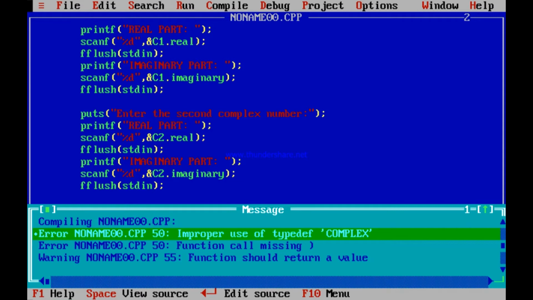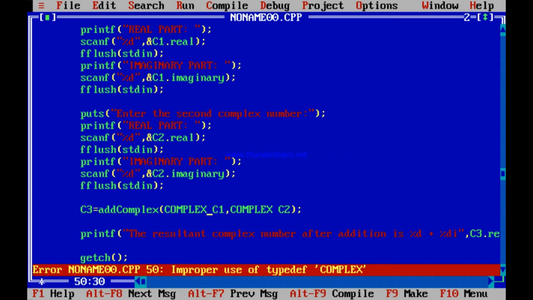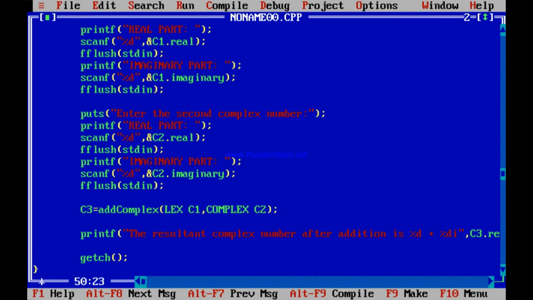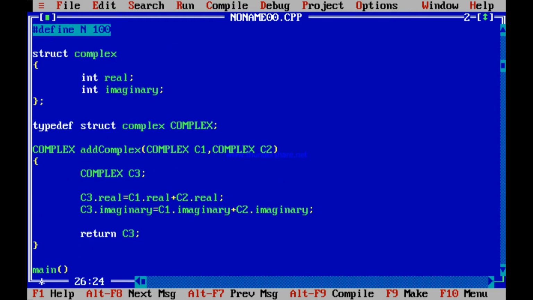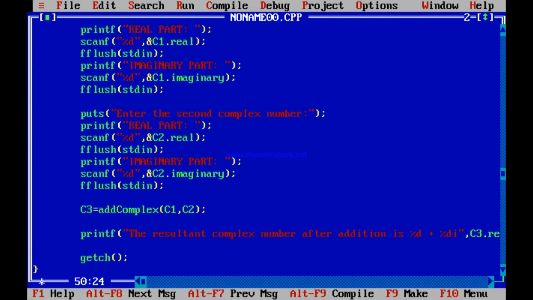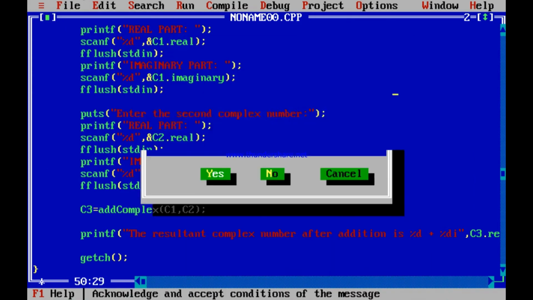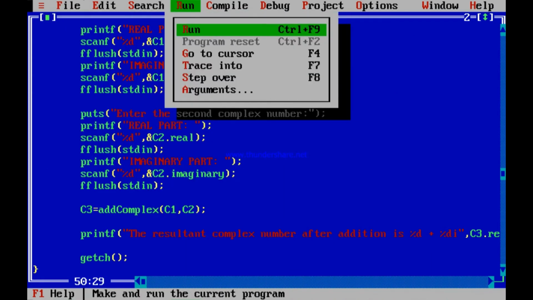Two errors. Why? What is the error? See, the error is, okay, here while passing, I wrongly entered the data type. Do you ever enter the data type while passing the argument? No. While receiving it, you receive the data type. You receive as complex C1 and complex C2. But while passing, do you ever write complex C1, complex C2? Just by mistake, while writing it, I had written complex C1, complex C2, which is absolutely wrong. So now if I run it, it should run properly. I save it again and try to run it.